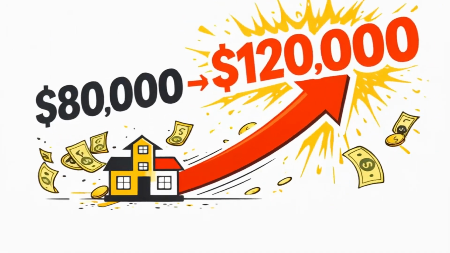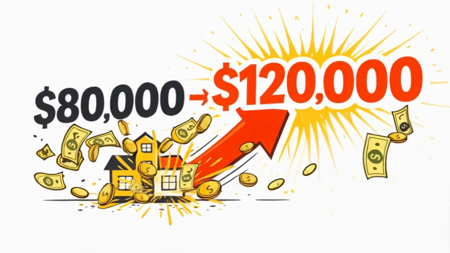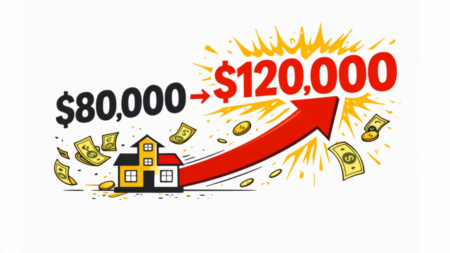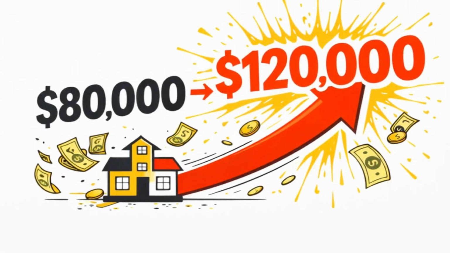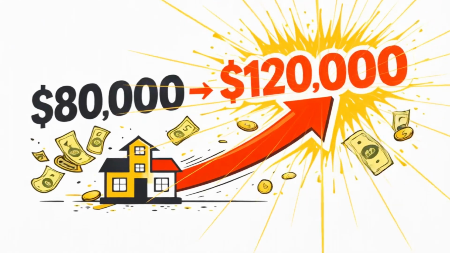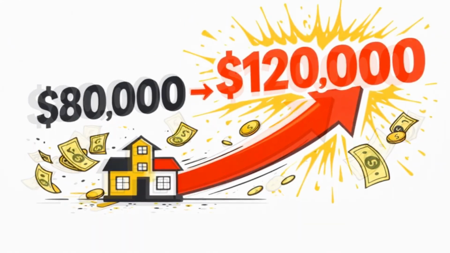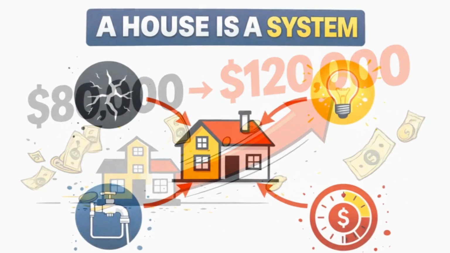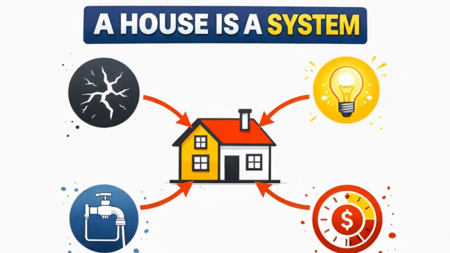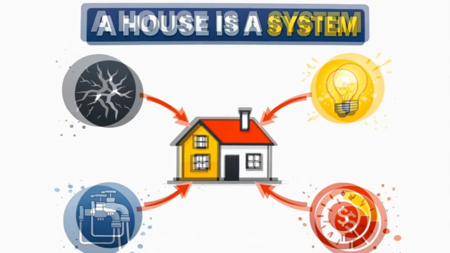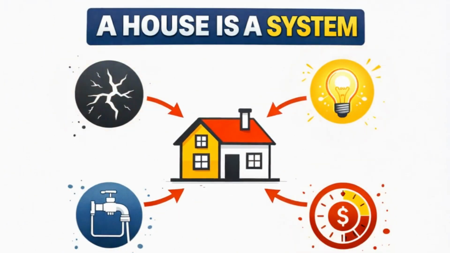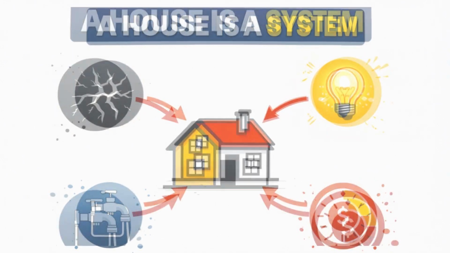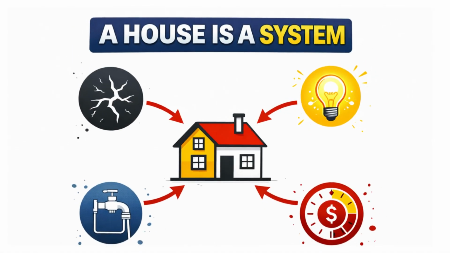Why building a house always costs more than you think, and how to stop it. You can build a house for $80,000 and still end up paying $120,000. Not because you're careless, not because you got scammed, but because construction has a hidden rule almost nobody explains. A house is not a price, it's a system. And when one part of that system changes, the design, the soil, the materials, or the timeline, the entire cost